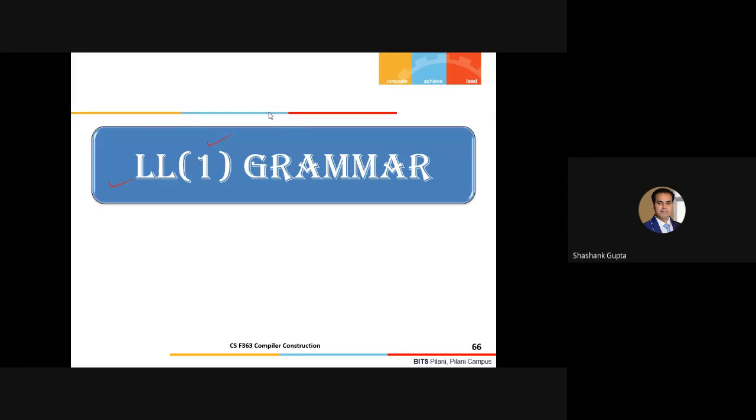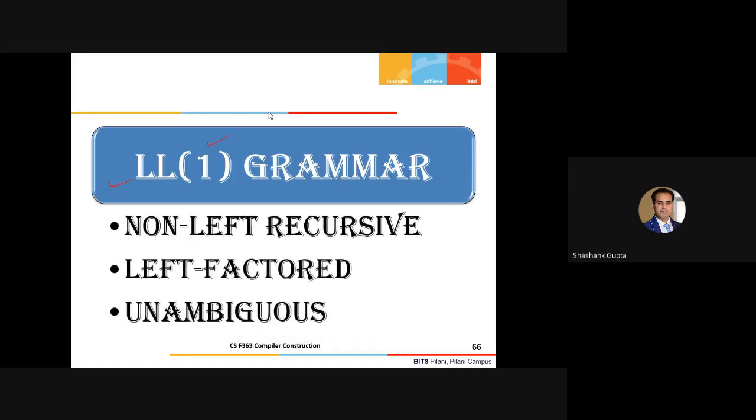Remember, it is quite possible that your grammar is non-left recursive and left factored as well, but still ambiguous. So it's our responsibility, before parsing, to correct the form of the grammar and then do the LL1 parsing here. Remember this. Fine. So these are the properties one has to remember: non-left recursive, left factored, and most importantly, guys, it should be unambiguous.